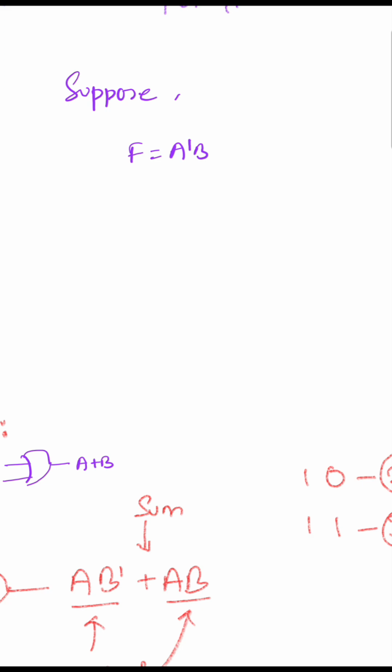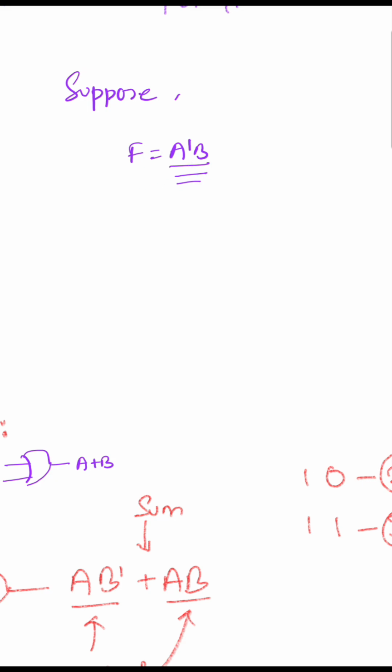Suppose f is equal to A complement B. Now pause the video and think: when is the output going to be 1? You can build a truth table if you want. What was your answer? You can write in the comment. Okay,